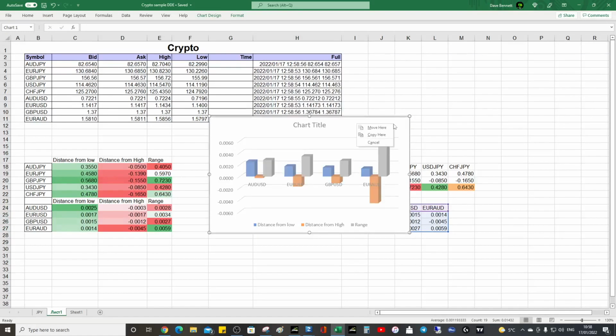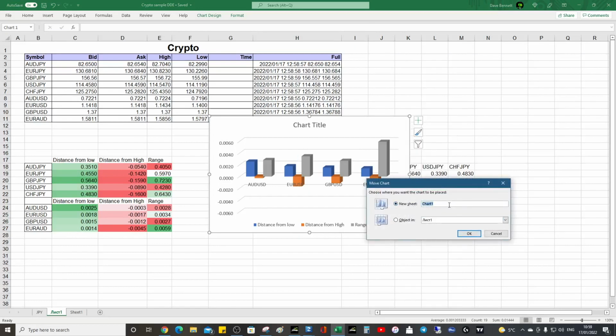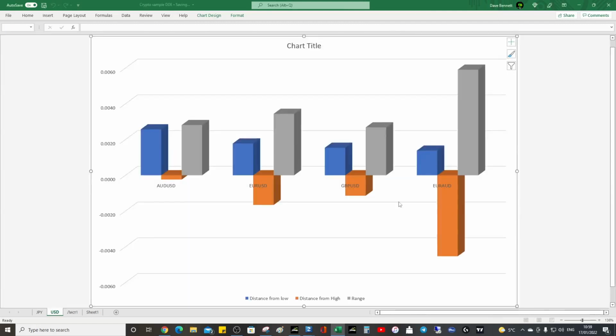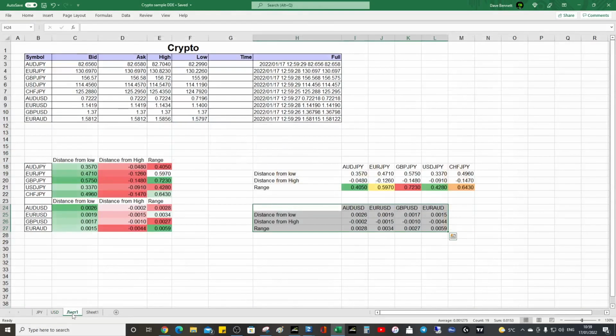You right click, move chart to new sheet, and we'll call it EURUSD. And so you see how this is moving in real time. It shouldn't be called USD because it's got the Euro Aussie in there, but you get the idea. And if you want to get data on there, it's quite easy. Here, data labels, and you get data table at the bottom. We can maybe remove Euro Aussie just because we want to keep it to